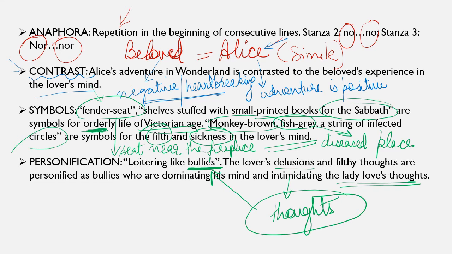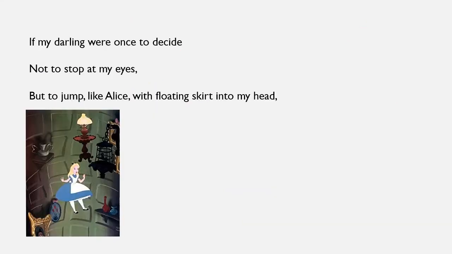Now we come to the text of the poem. So here we have the first stanza. As you can see, as defined in the structure also, the stanza consists of 3 lines, so it is called a tercet. And if you read it, decide, eyes, head, there is no particular rhyme scheme here. So 3 lines and no particular rhyme scheme. This is how every stanza of this poem is going to be. And there is a small reference also, as you can see in the very last line.